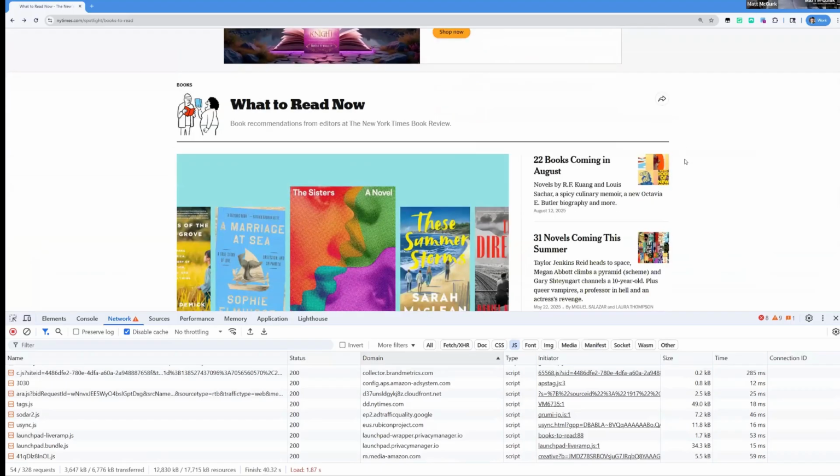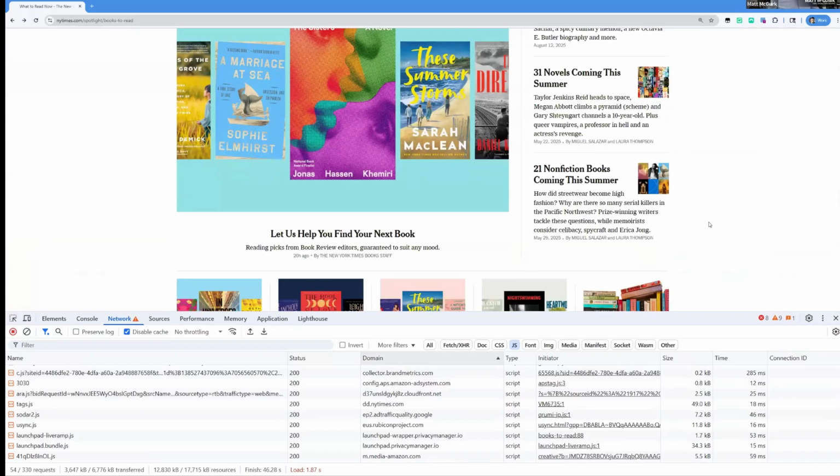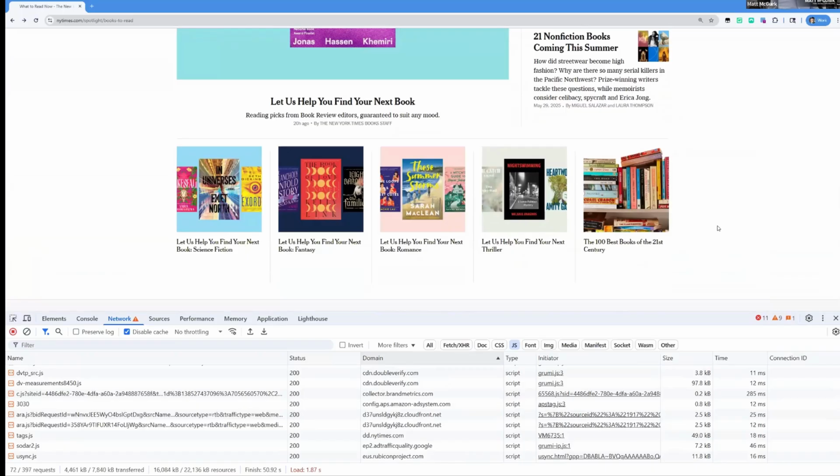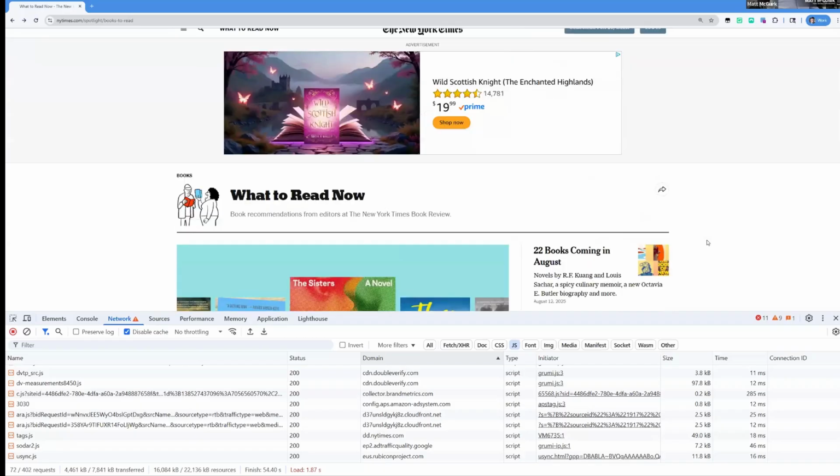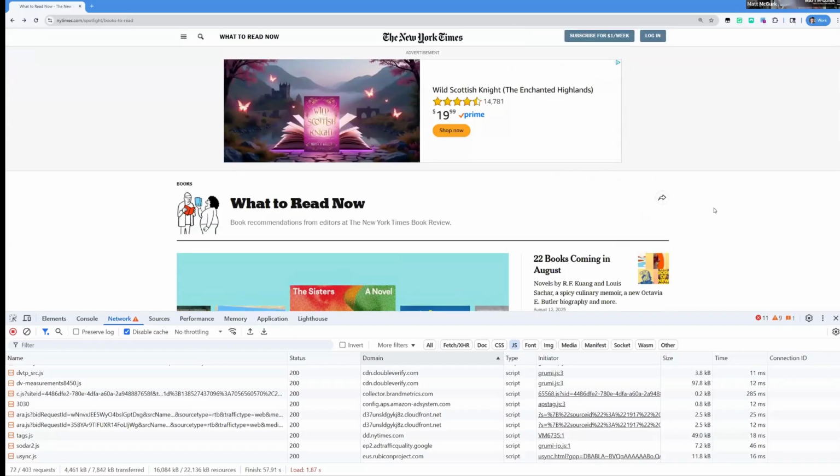JavaScript by default has no native security model in the browser. It's got some relatively lightweight controls, content security policy and sub-resource integrity. You may have seen them if you read the standard in depth, but they don't really do anything to prevent the sort of actions that cause the attack that we're discussing today.